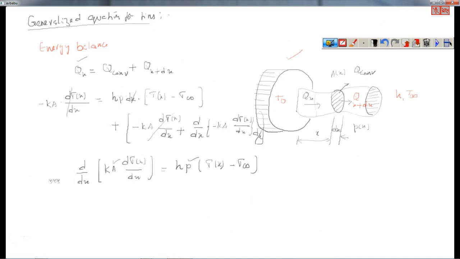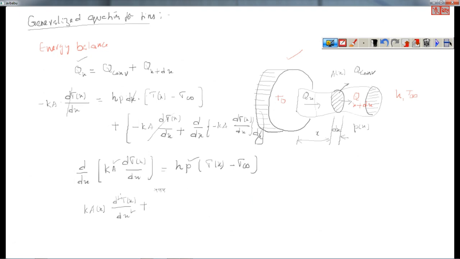Therefore this equation can be written as k A as a function of x into d square T of x divided by dx square